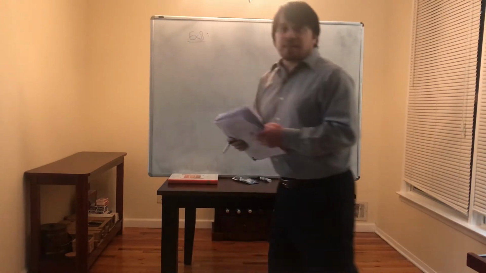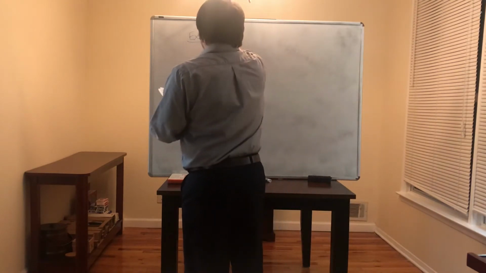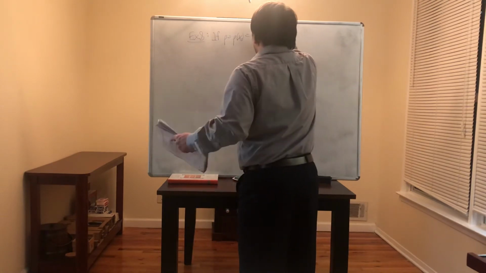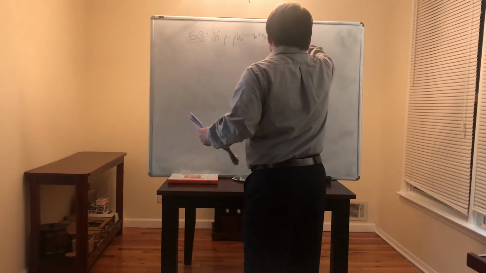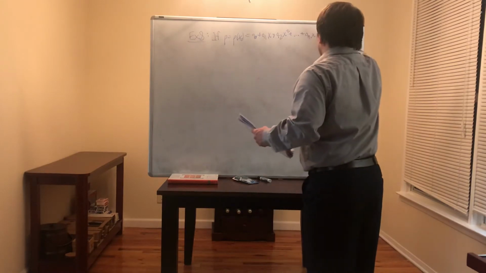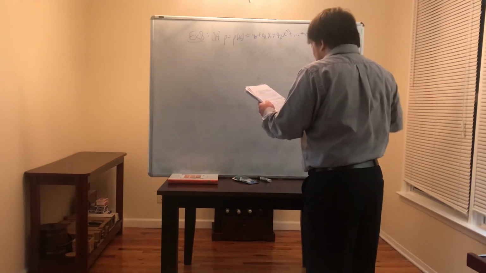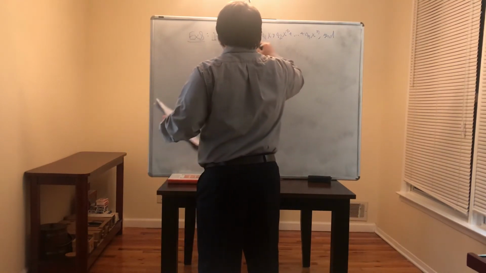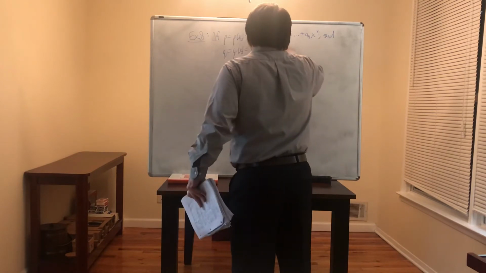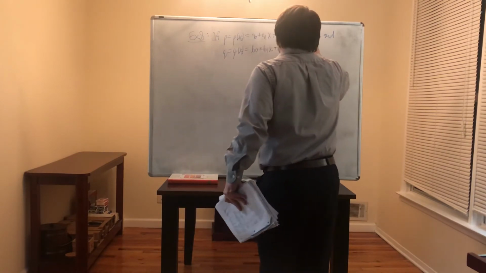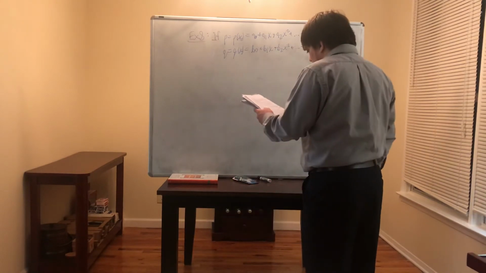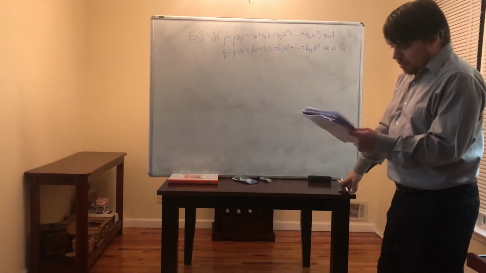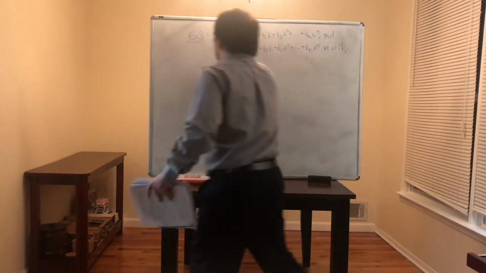If p equals p of x, which is equal to a naught plus a1x plus a2x squared plus dot dot dot plus an x to the n, and q equals q of x, which is equal to b naught plus b1x plus b2x squared plus dot dot dot plus bn x to the n, are polynomials in P sub n, and if